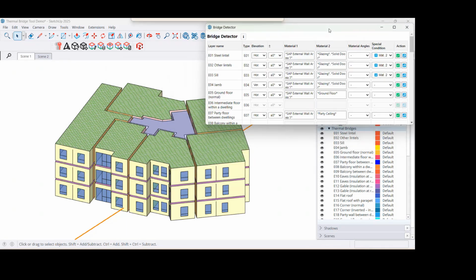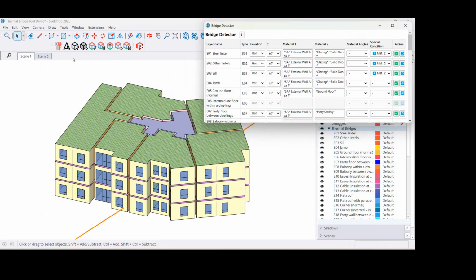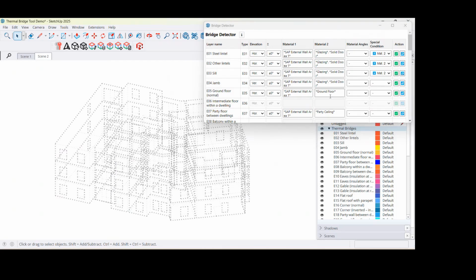So I've built this, and I'll give it a little go to show people. Of course, it's really difficult to do every single one, so I've essentially gone for the low-hanging fruit, but actually been able to make something that I think will be pretty useful, and you'll get almost all of them. So we go with lintels. There we go. We're picking out all the lintels at the top because they've got glazing below and wall above,